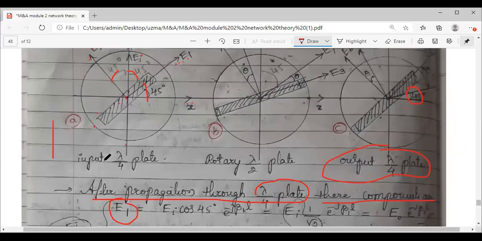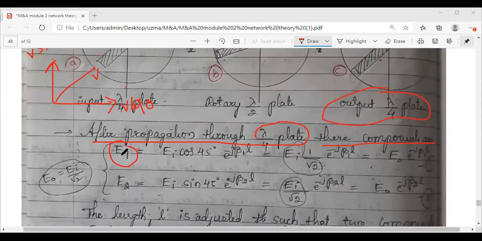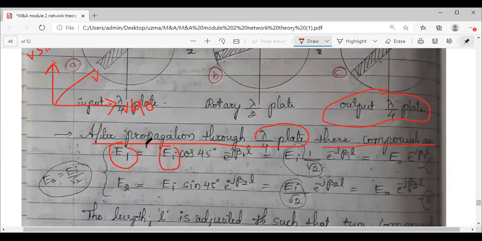Generally, whenever you resolve a vector into two components, one horizontal, one vertical, if the value is V, the horizontal component will be V cos theta and the vertical component will be V sin theta. We have already studied this in vector analysis, resolution of vectors. So horizontal component is cos, vertical component is sin. That's why E1 and E2 I have written as EI, because